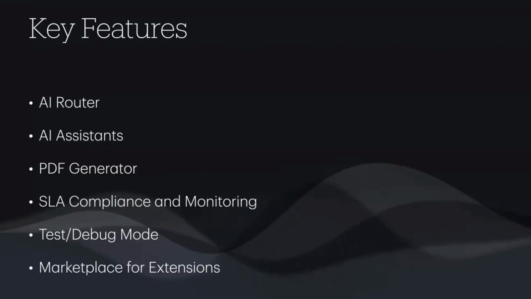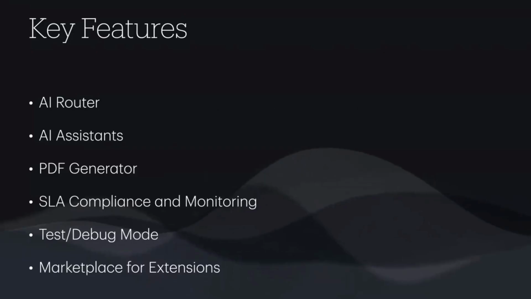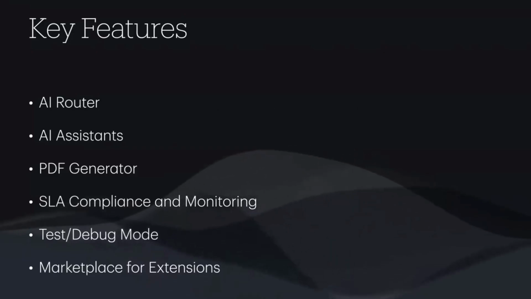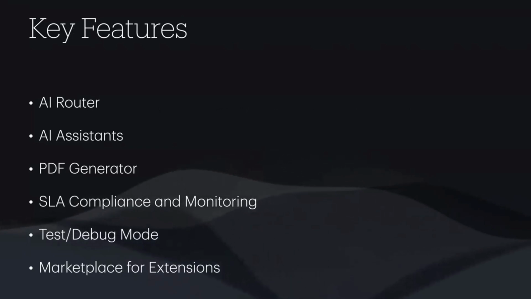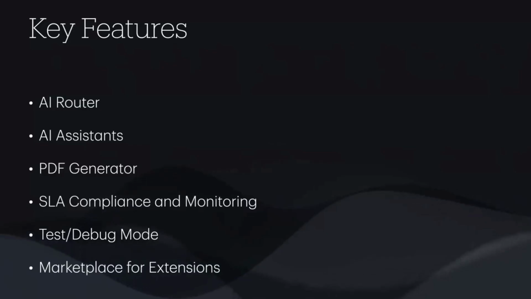Okay, so key features, things that are fairly unique to FlowRunner, or at least in the way that we have done them. As I said, AI has a very dominant position in the platform. And there are a couple of things that we do really, really well. One of them, for example, is called AI Router. AI Router is where you present some data that your flow is operating on. I will provide an example, and there will be a live demo for that as well. And you ask AI, classify it. And then when you classify it, I expect these outcomes. And then depending on the classification that comes back from AI, your flow may continue the execution